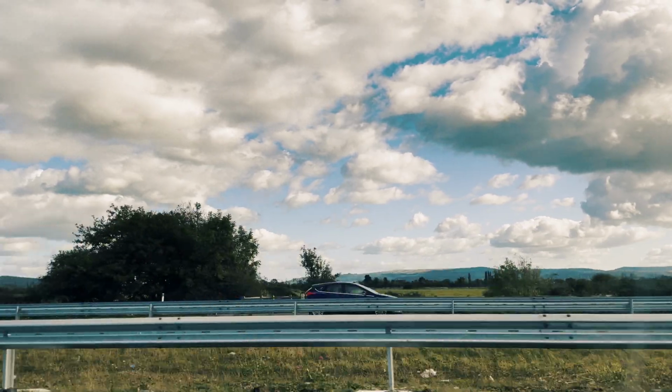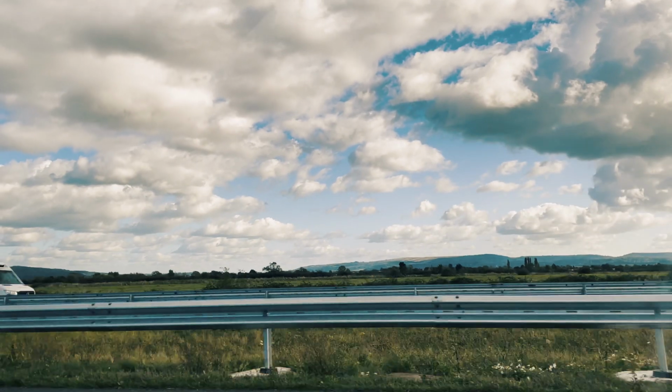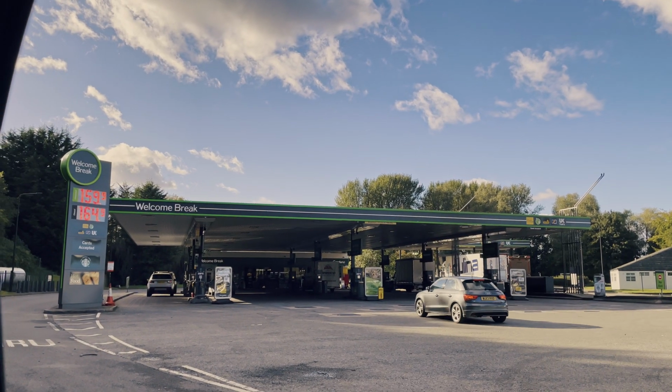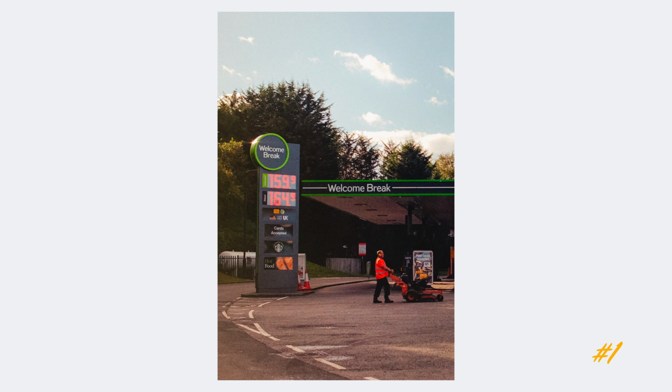The first thing I had to do was, on the way, I had to stop off and get a coffee next to a gas station. Standard, of course, I had to take a picture of the fuel station. And this first one is...